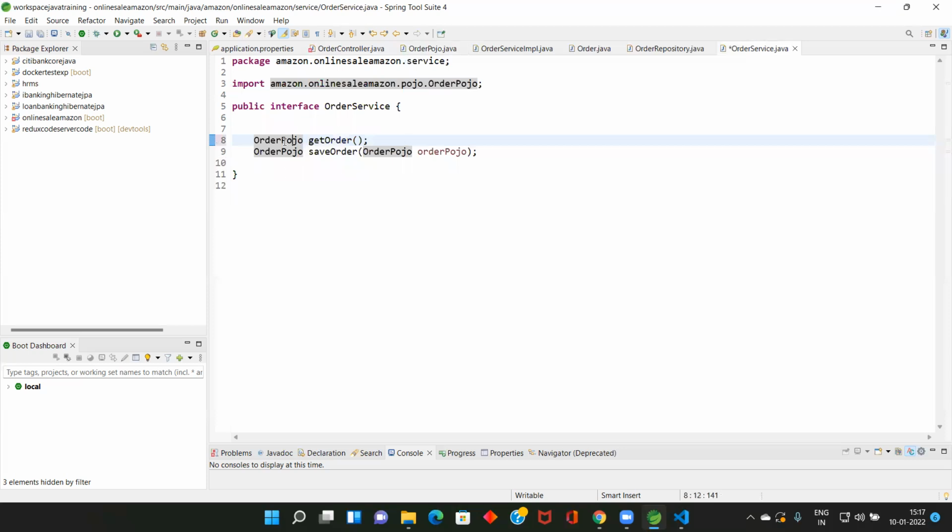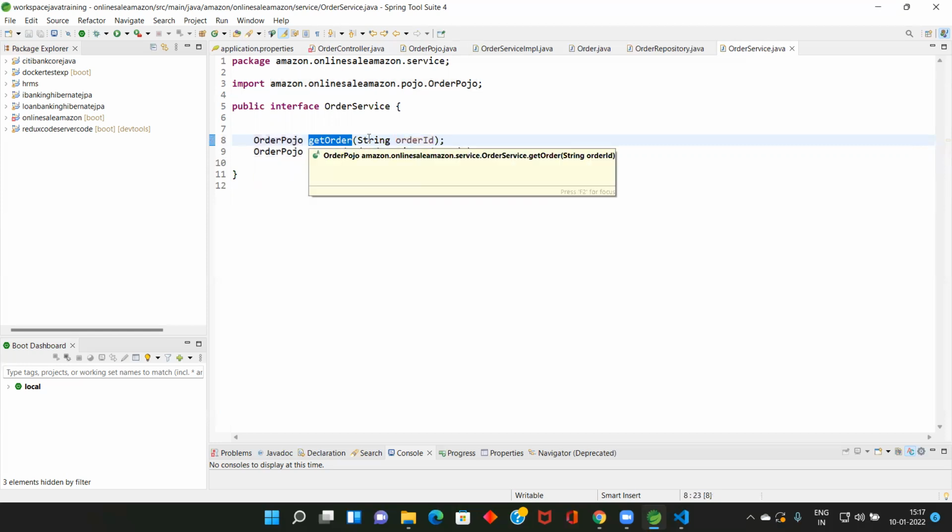Here. In this interface, I'm adding one method. The interface return type is OrderPojo, so the method is get order, with string order ID. So in the interface, I create one method.